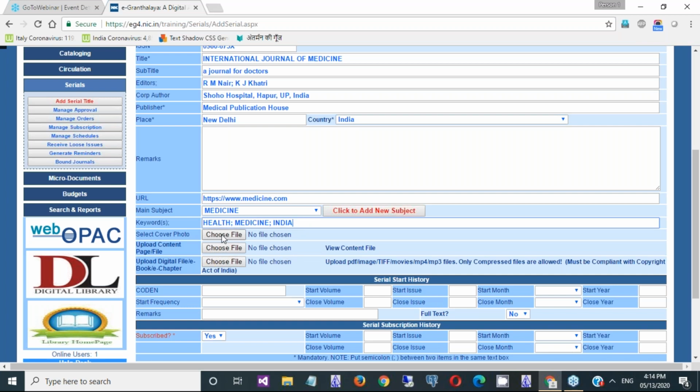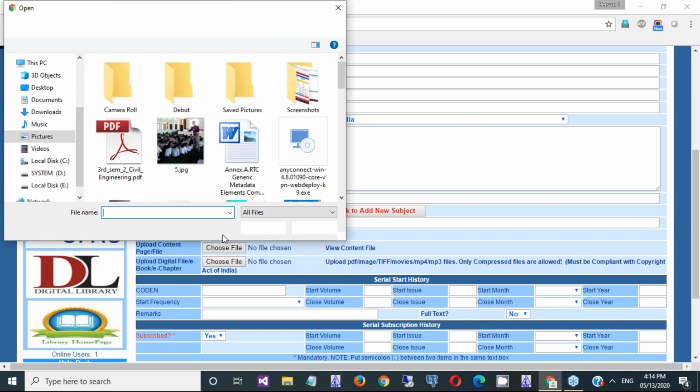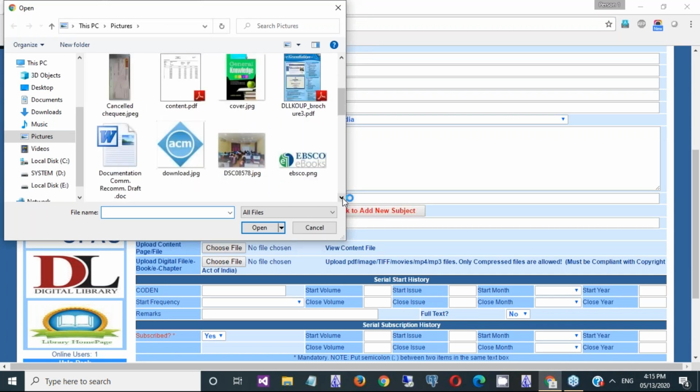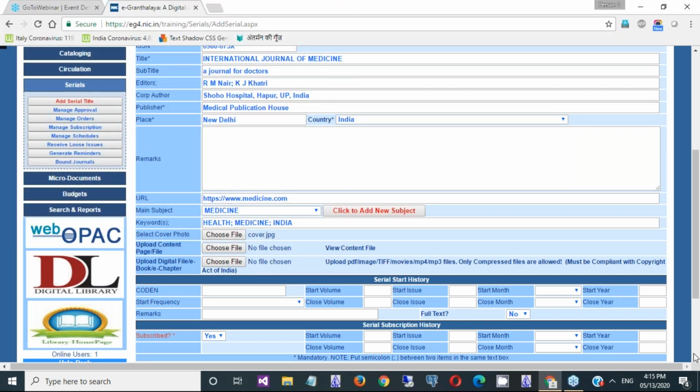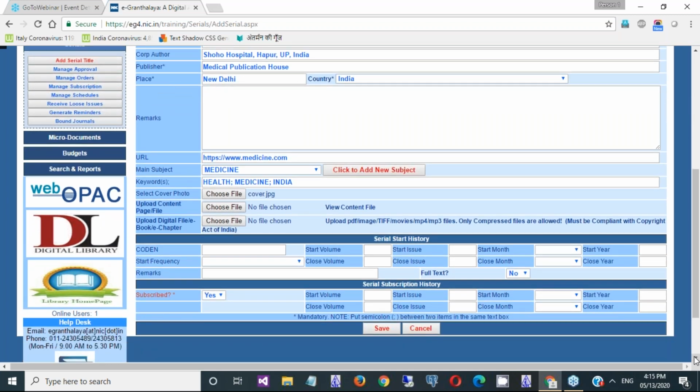In case you are having a cover photo of the magazine, that cover photo you should have in thumbnail size, stored in your PC. Then you can browse it. For example, I will browse some other book cover page, just in order to show you the example only. You need to have the cover page of every document. For that you can scan the document cover page and save it as a PNG file or GIF file, image file. So this was the first part where you need to type the bibliographic details of the journal.